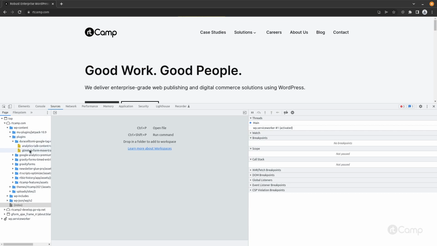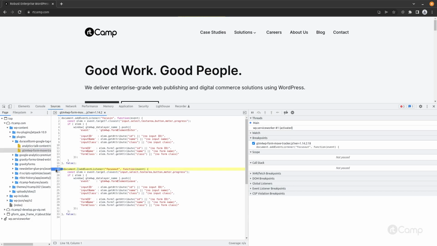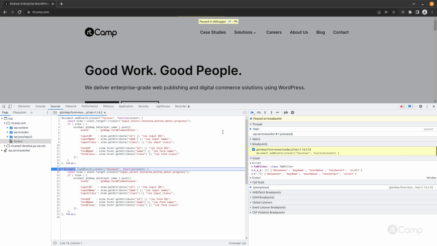Now let's say that I want to debug this particular JavaScript file, and on this particular line I want to add a breakpoint. What this breakpoint is going to do is pause the execution of JavaScript at this particular point, and let's reload the page to check it out. So as you can see, the execution of the JS is paused at this point, and then we can go